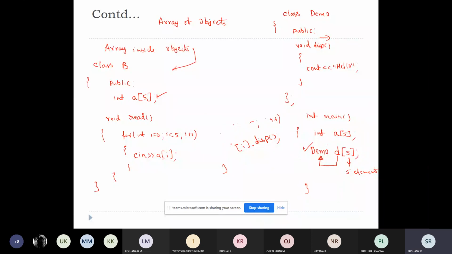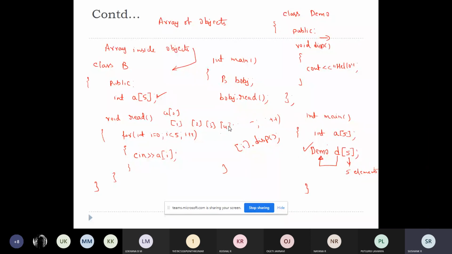So if you create an object b inside the main function, and then write b object dot read, it will read the values of the array from a0, a1, a2, a3 and a4. It is reading the 5 values which you have to enter through the keyboard.